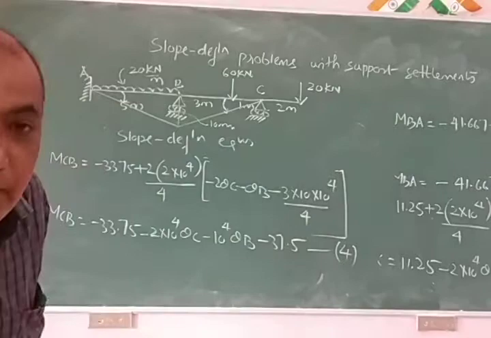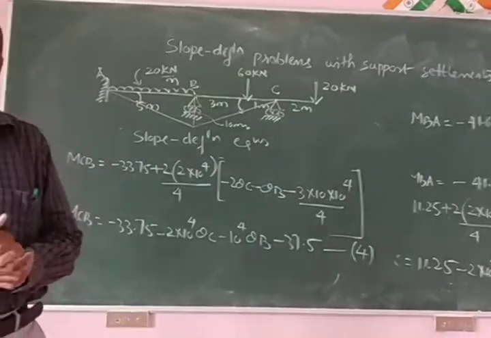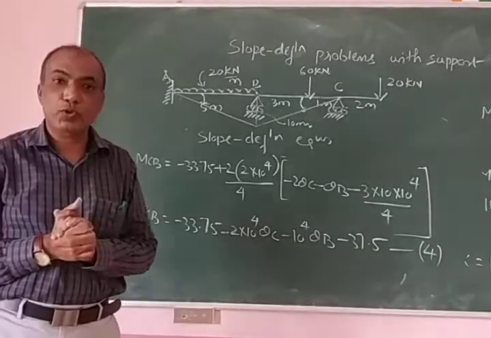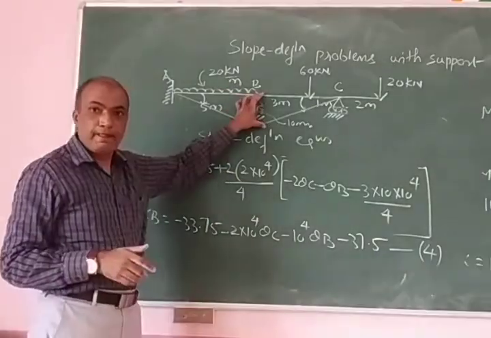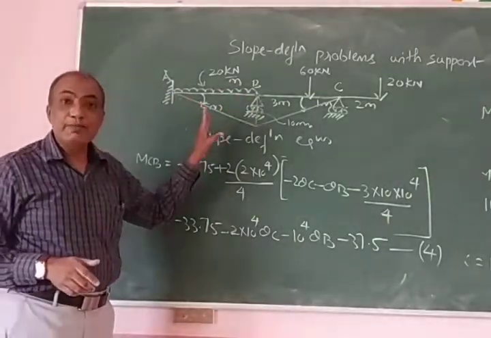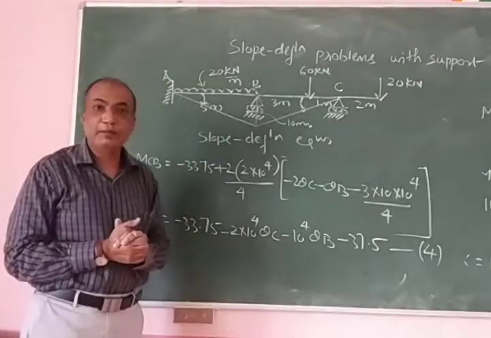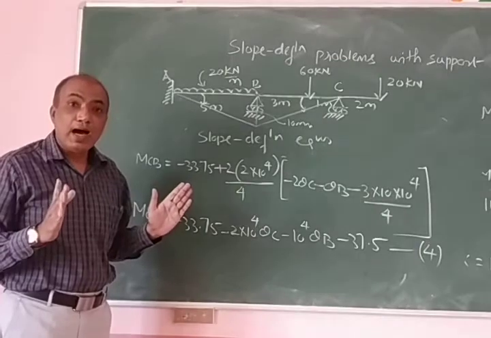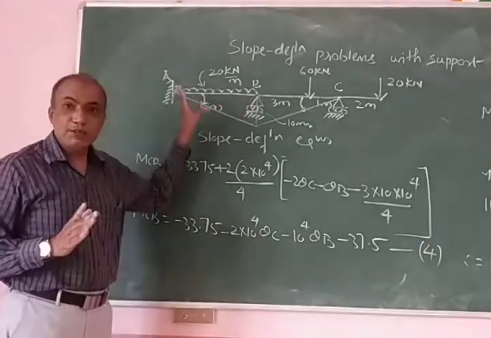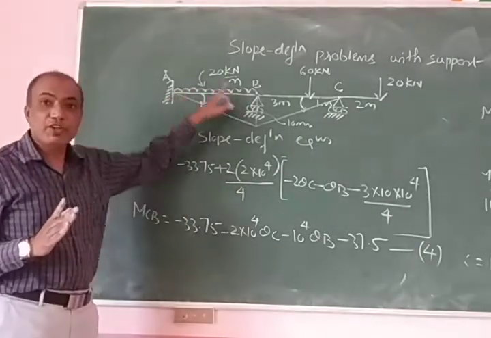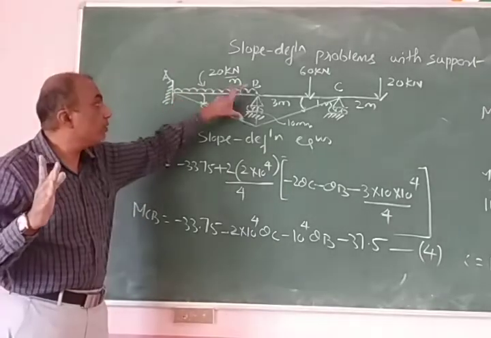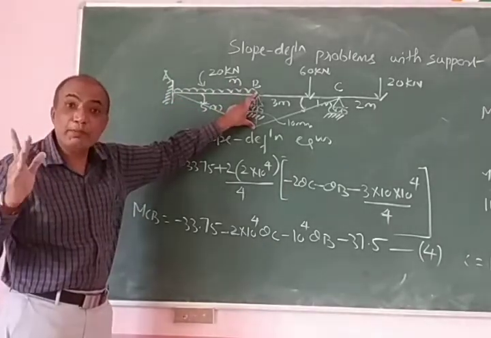Once again I will explain how I have written these equations. I have modified the slope deflection equations to suit for the slope settlement at B. So the only additional term that is going to come is 3r. How are you going to use 3r? You are going to use 3r with the sign, that is r of AB and r of BC is positive. That means when you write slope deflection equation for AB member, r is positive, which is equal to delta, that is 10 into 10 to the power minus 3.